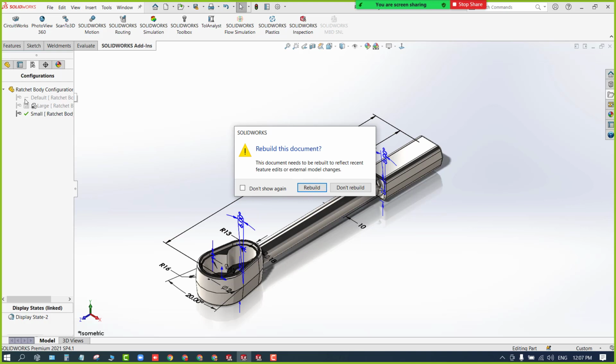And one more, the gray tick mark. So you'll get a gray symbol. Gray check means gray tick mark, you know. Same thing, instead of green, it will be grayed out. So it indicates up to date but inactive.